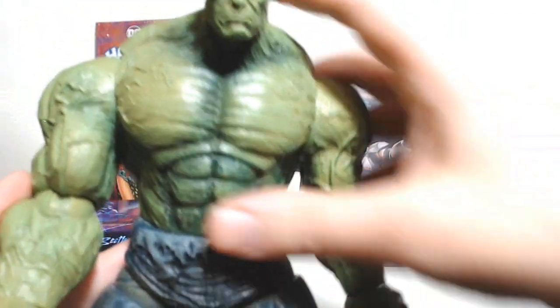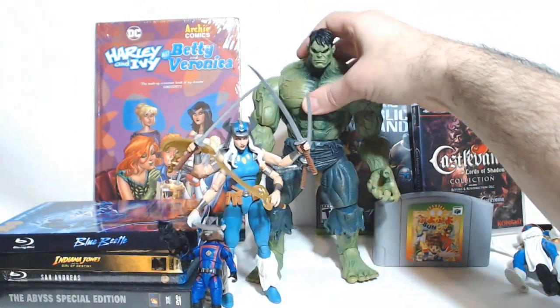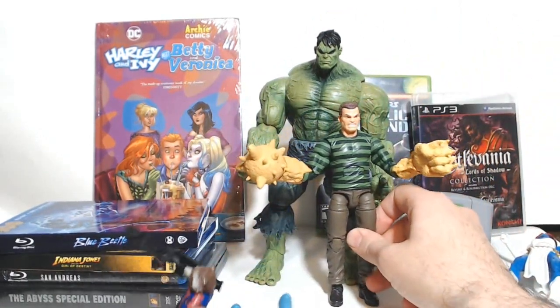I might give my other Marvel Select Hulk away. She's got a kid who absolutely adores the Hulk. He even had a Hulk-themed birthday party, so I'll just give it away. I'll still have my other movie Hulk with the...